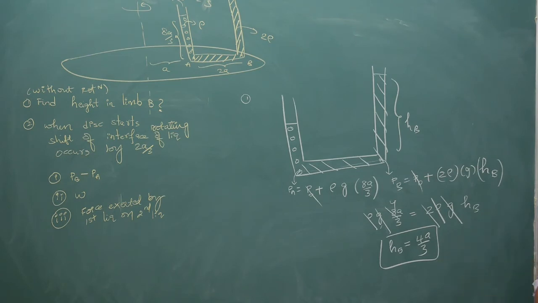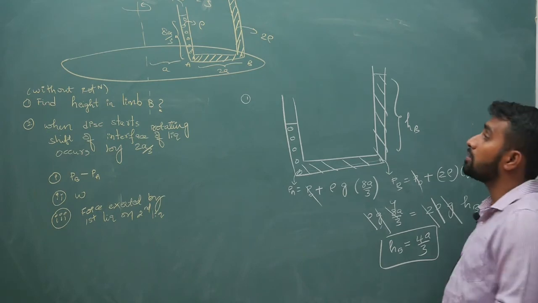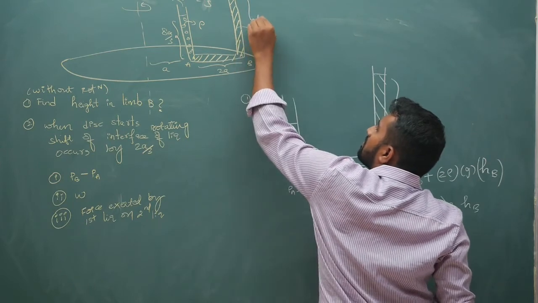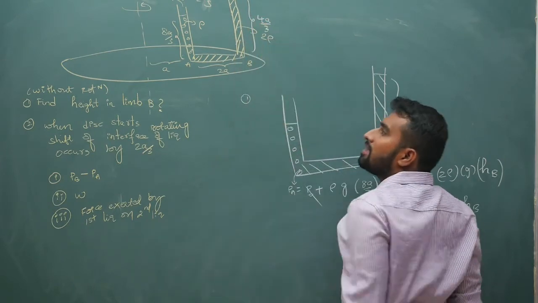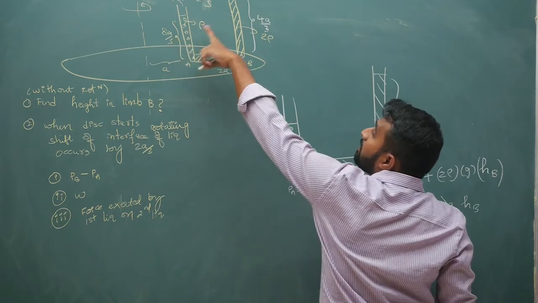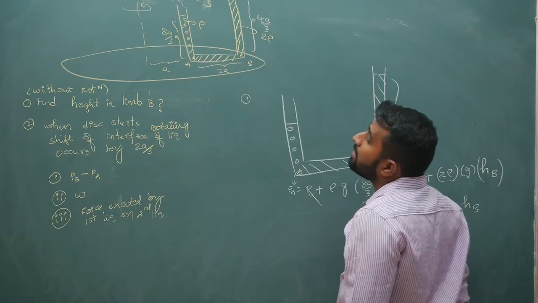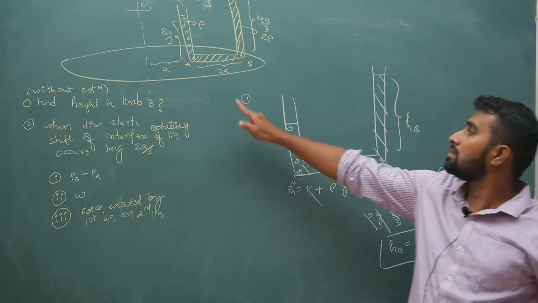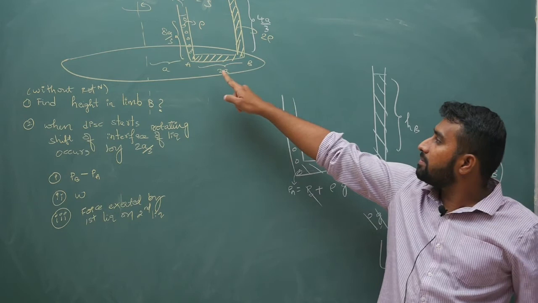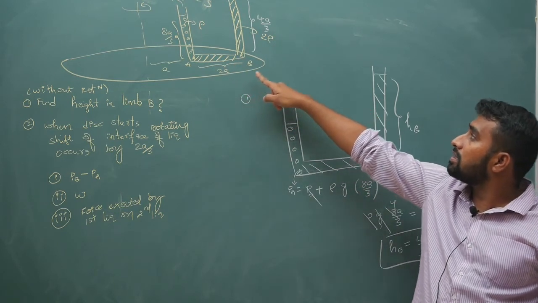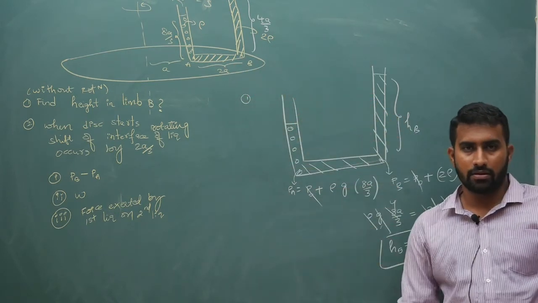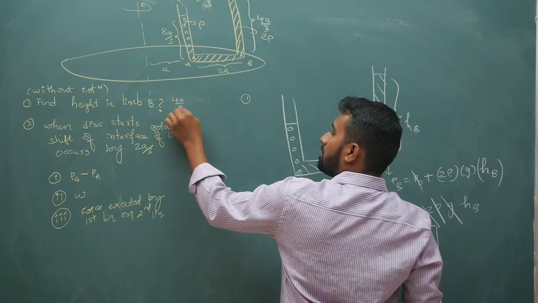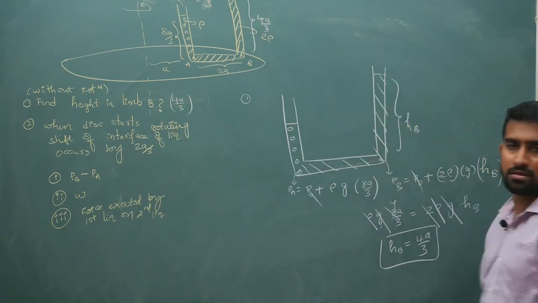Okay, so that means this column that you have here, it will be at a height of 4a by 3. Okay, right? So now your total length of liquid column is 8a by 3 plus 4a by 3 plus 2a. 8 plus 4 is 12, 12 by 3 is 4, 4 plus 2, totally you are going to get it as 6a. Okay, so your first answer for this bit is 4a by 3, at same height, same pressure.